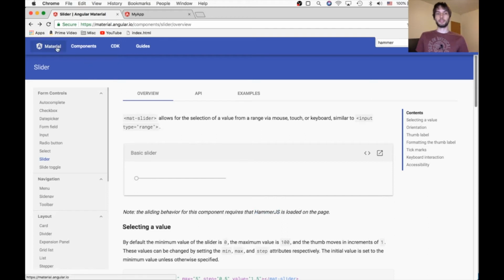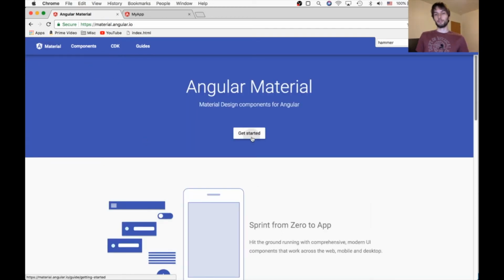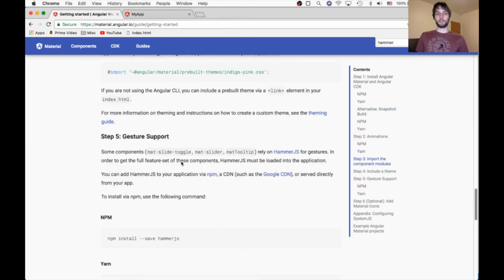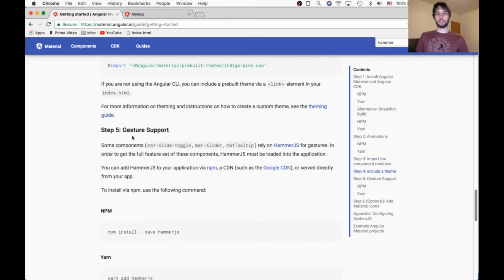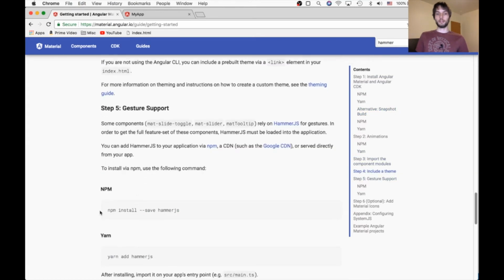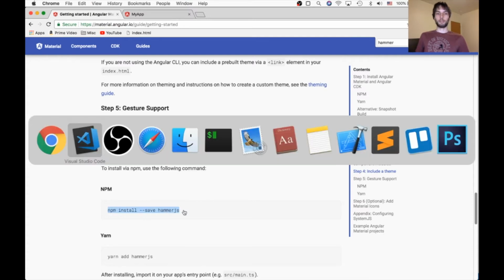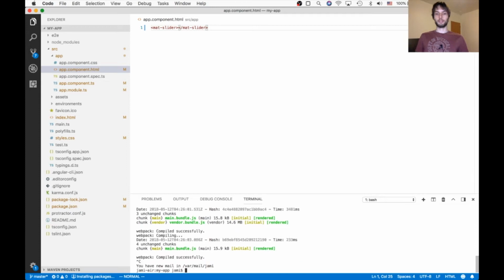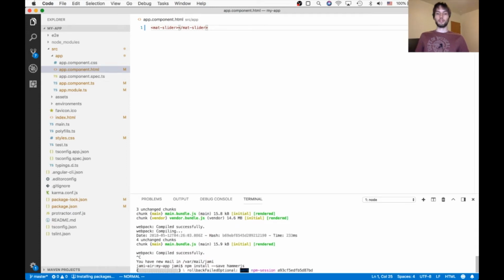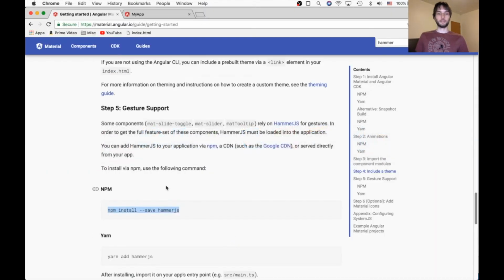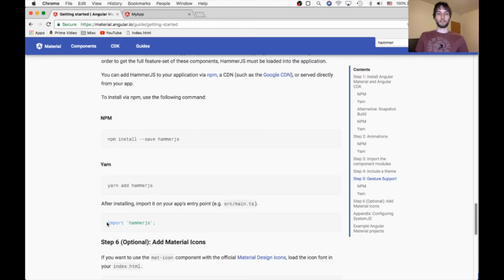So what that means is if when you are setting your app up you forgot to do this gesture support step, you'll need to do that for the slider to work properly. So I'm going to do that in my app real fast. I'm going to go stop the server using Control-C, copy and paste that npm install Hammer.js, and then make sure to grab this